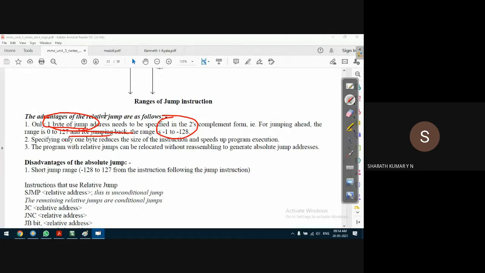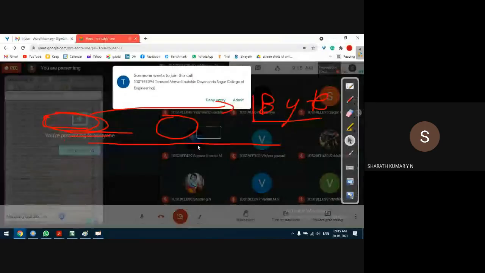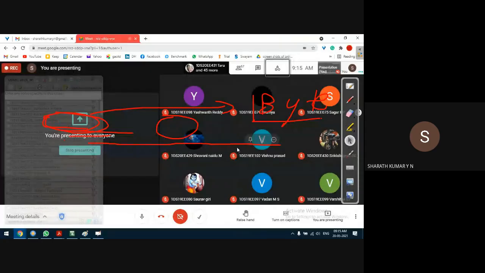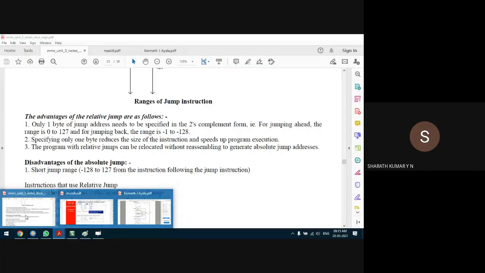It is only 2 bytes: one is the instruction, then another is the target address. Specifying only 1 byte for the address reduces the size of the instruction and speeds up the program. I said 2 bytes, sorry, only 1 byte represents the target address. It's very simple, easy on the compiler, so the compiler can easily manage the instruction stored in the memory.